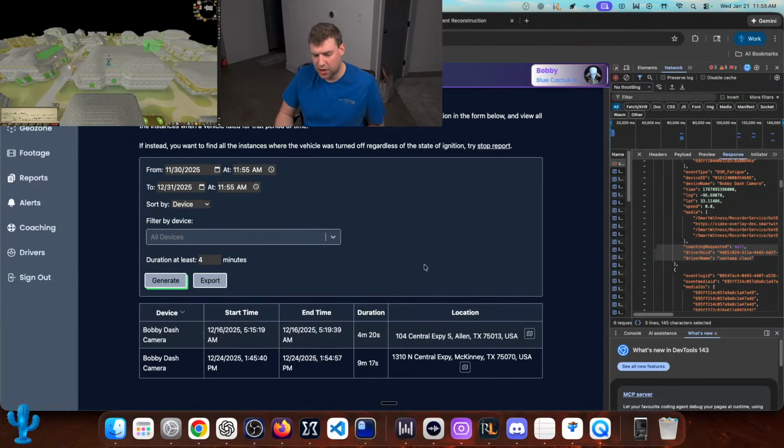And so we have real-time alerts. So one thing that we do is you can set up idling alerts or geofence alerts, and as that,